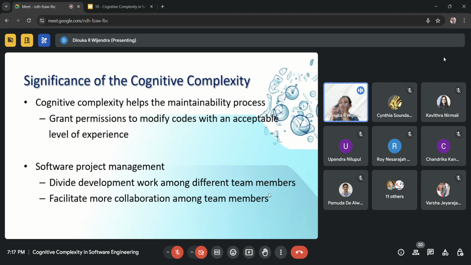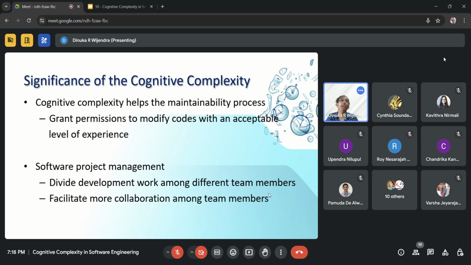So how do we categorize a unique set of subgroups? Simply, we can use the cognitive complexity metric, or cognitive complexity as a framework. If we have a set of people who have the same level of understandability, we can put them inside one group. Then no conflicts are going to be there, so that we can facilitate more contribution and collaboration among them, and the group work and teamwork is going to be done in a very smooth way.